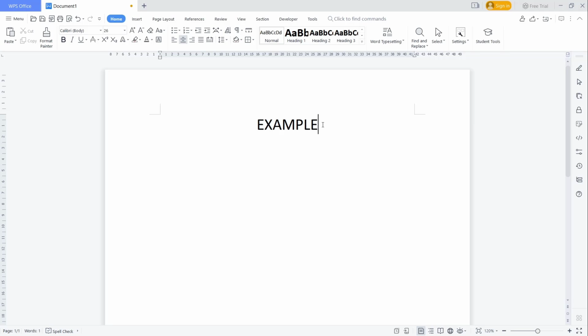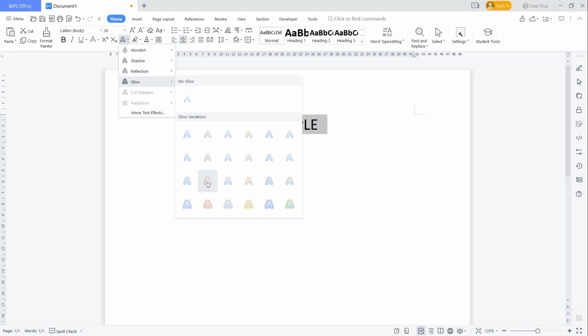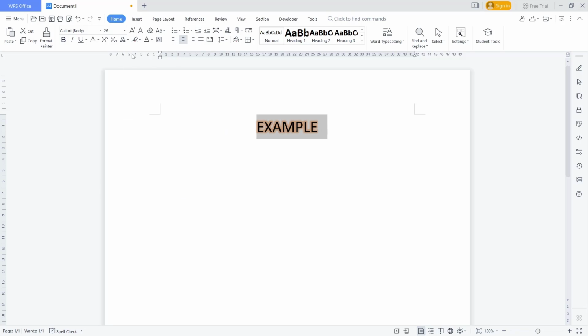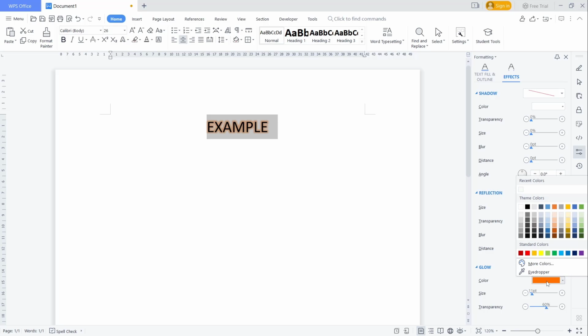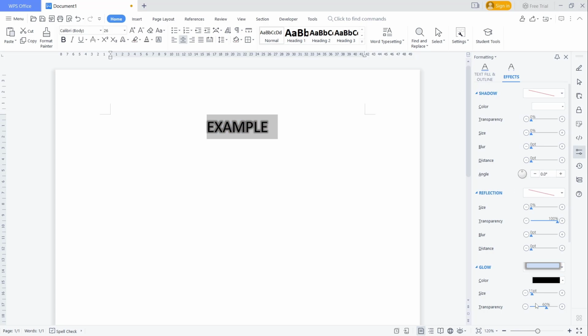Now to make blur this text, click on word art in here and then use a glow effect. I will use this effect and we will go into more text effect. The next you can change color for glow. I will set into black and then we also can setting for transparency in here. I will click at these points and then for size you can set in it like this.